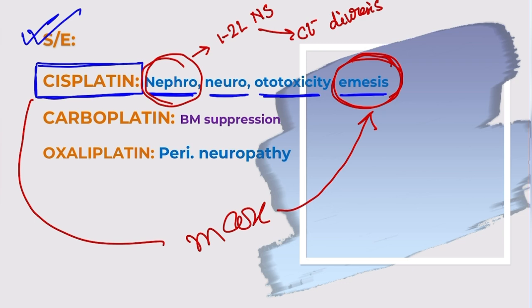Among all anti-cancer drugs, cisplatin causes maximum nausea and vomiting. So you have to remember this. And treatment is a 5-HT3 antagonist, you know, ondansetron. Ondansetron is used to treat